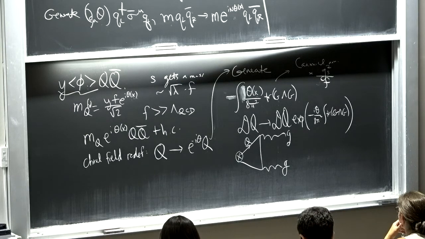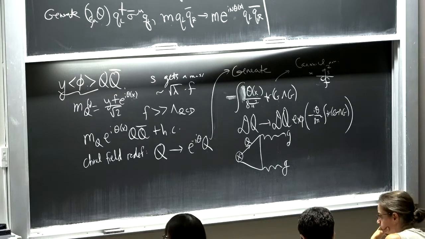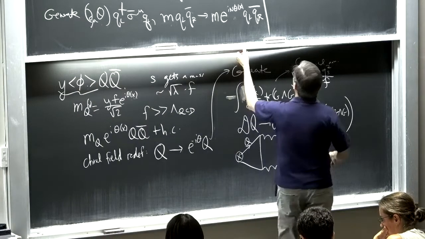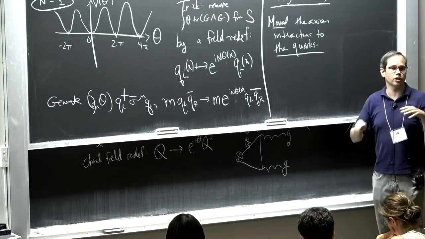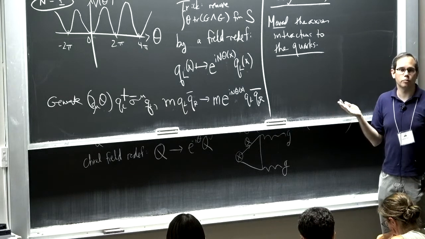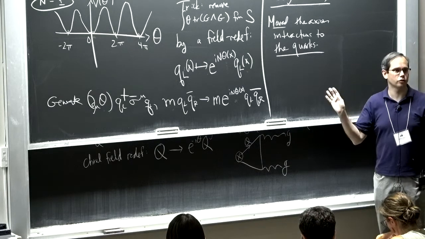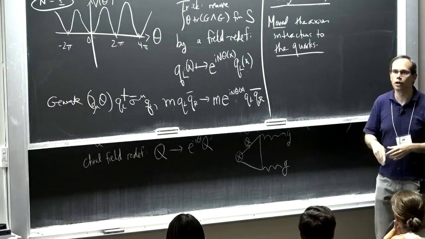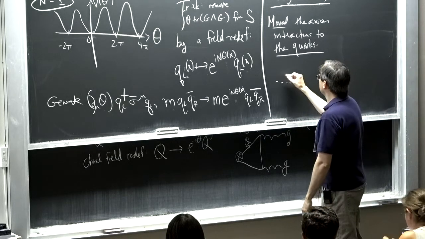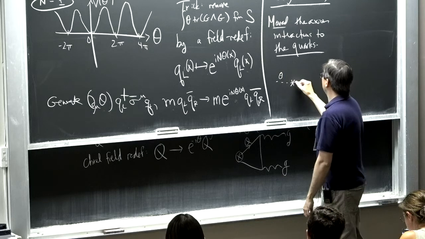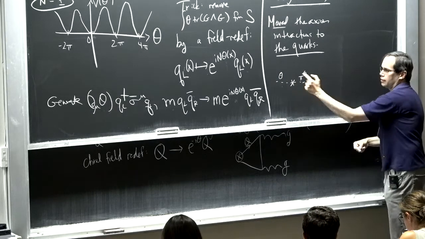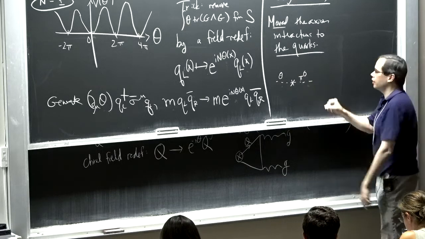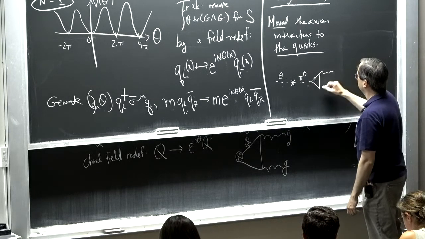Okay, one more thing to say about this model. Let me just write it in the corner here. The minimal version of this model, I told you these things were color triplets. I didn't give them any electroweak charges. So you might say, well, the minimal version of this model, these things don't talk to electromagnetism at all. But they actually do, because in the low energy theory, there's a mixing. Again, if you unpack that chiral Lagrangian, there's a mixing of the axion with the neutral pion, and the neutral pion talks to photons.